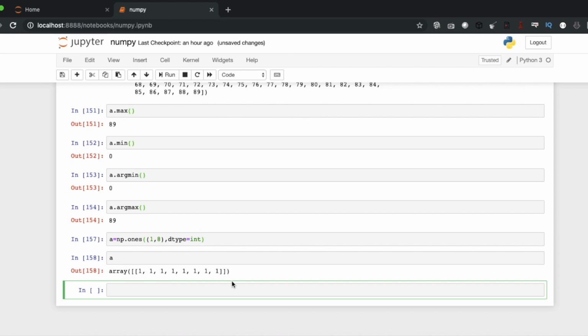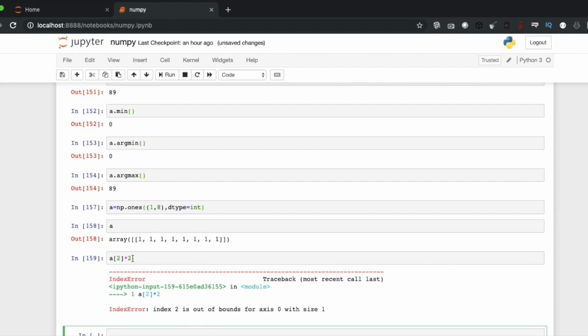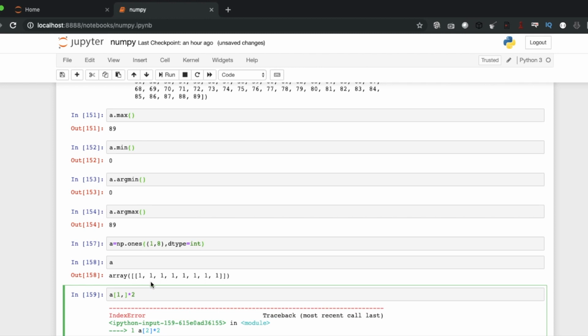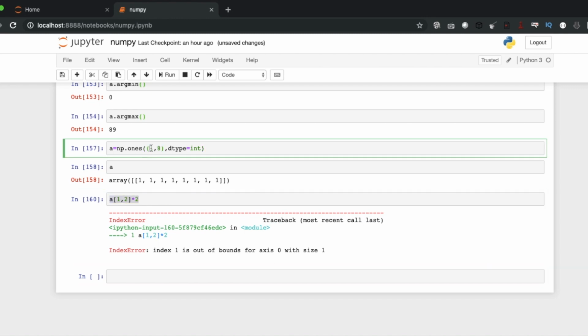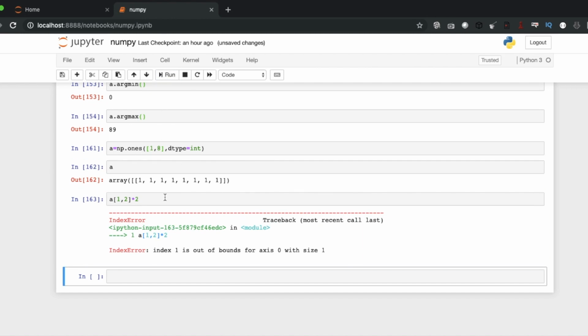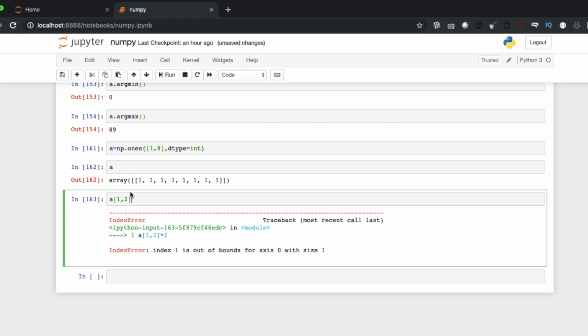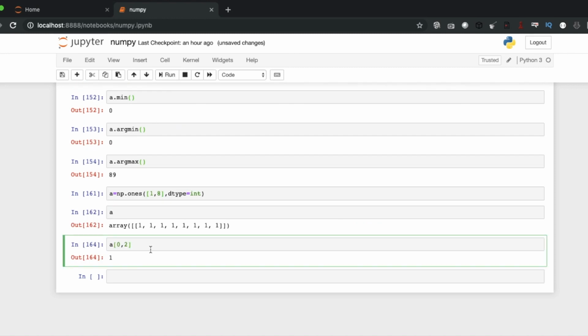Okay, so now A, A2 into 2. 1 0 1 2. Not sure what is happening here. 0 2 into 2.